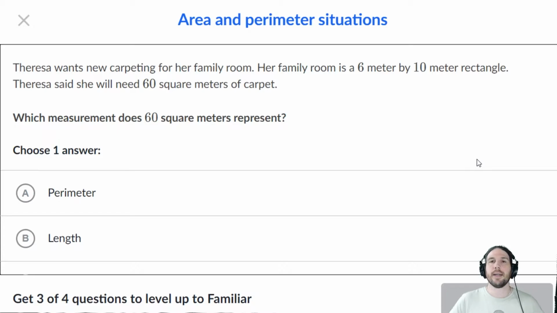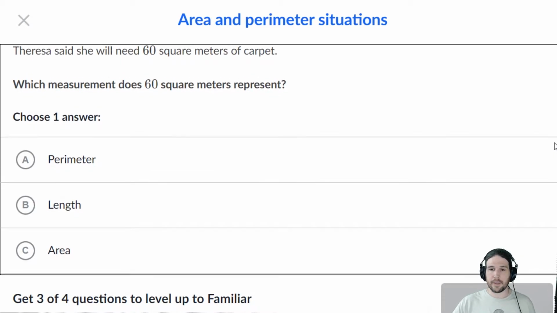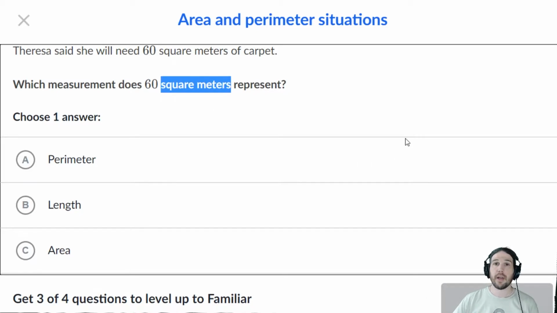Oh, excellent. All right. What measurement does that represent? Is it perimeter? Is it length? Is it area? And the answer lies in the units. When you see square meters, think length times width. At its most basic, when you take length times width,